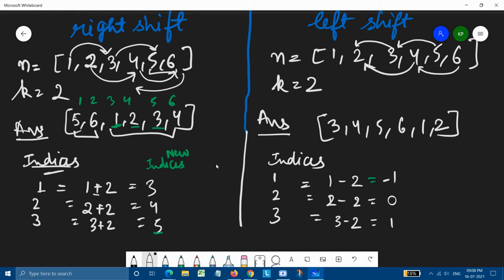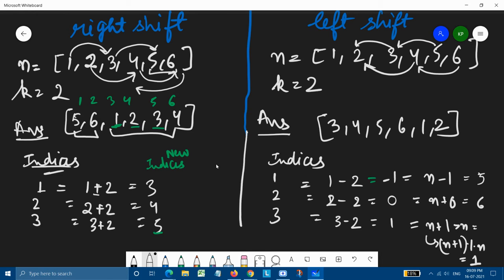Now comes the part that we have no -1 index or 0 index because our array is 1 index. So the modification we need to do is to simply add n. And when we find a number greater than n, we will do modulo n so that it comes in the range of n again. So it will be 1. Here it will be n minus 1, n is 6, so it will be 5. N plus 0, n is 6, so it will be 6. Here it will become 7, so when we do modulo with 6, it will simply become 1.